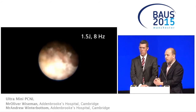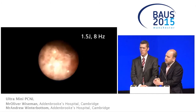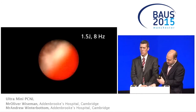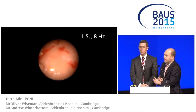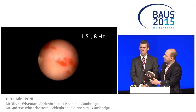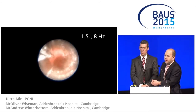Will? Ollie, you mentioned the advantages of reduced complication rate, no external drainage afterwards, reduced analgesia. Does this open the door to day case PCNL, do you think? I think it does. I mean, certainly not in the first few cases. You'll see at the end, you can see now the collecting system, just 1 or 2 fragments still left. You'll see at the end when we take out the